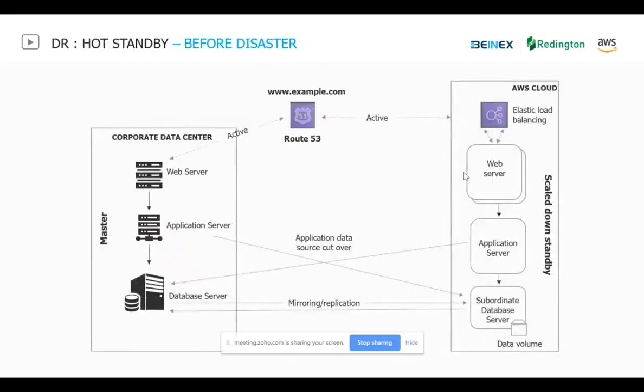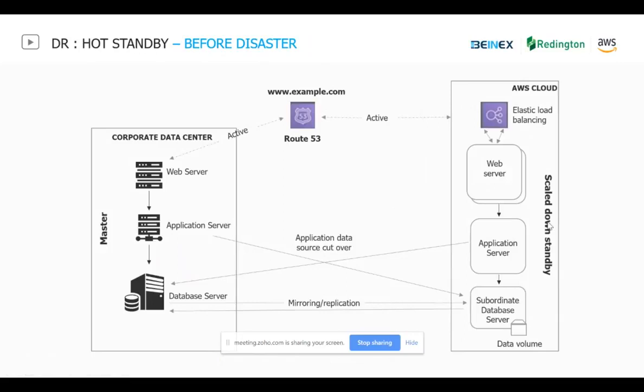And we have another model with hot standby. If you see, it's more like a warm standby, but there are 2 active entries from Route 53 all the time. Your primary data center is active. The web and application servers are turned on all the time, but it's still a scaled down standby. It's not necessary that you have to use a scaled down standby.